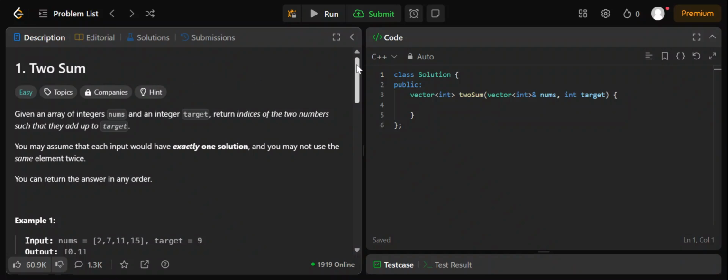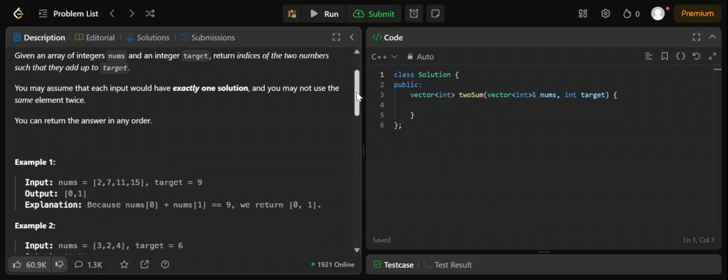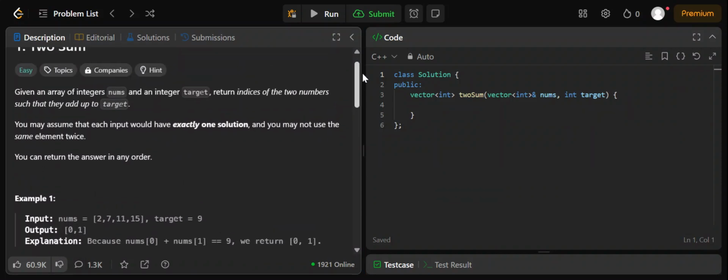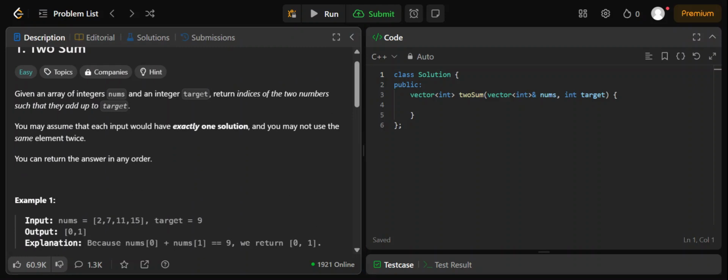So what is the question saying? As the title is Two Sum, the question must be related to some addition query. So here the question is: given an array of integers nums, and make sure that we will use the language Java for solving.